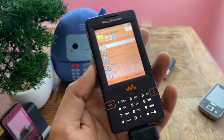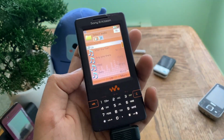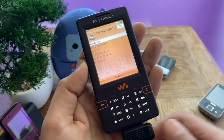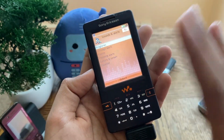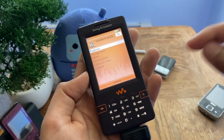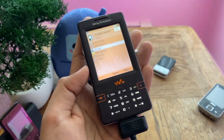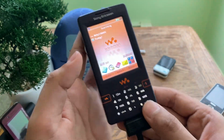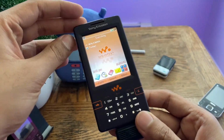But yeah, it's a decent amount, but I would have expected this phone to have much more, being a music-oriented device. Regardless, I couldn't play all of them entirely, as some of them seem to be copyrighted music that were just being used as ringtones. Sony Ericsson paid for the copyright, but that does not make it legal for me to use the entire song on a YouTube video, because it'll still get caught as copyright regardless of the fact that Sony Ericsson paid for the copyright on their phone. That's the reason I had to stop some ringtones halfway. But yeah, at the end of the day,